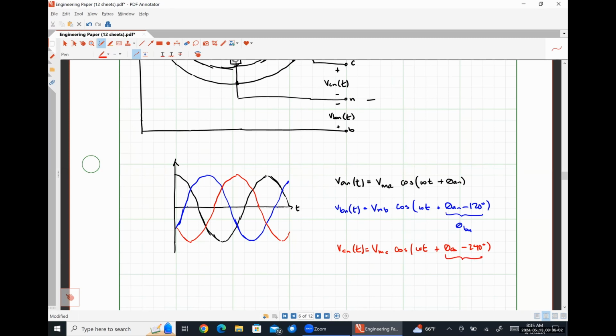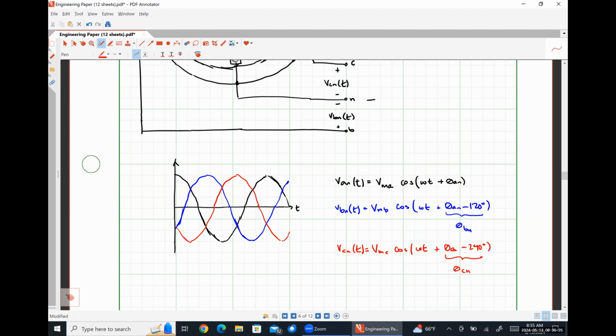And this total phase angle here would be commonly referred to as theta CN. So the B phase is lagging the A phase by exactly 120 degrees. The C phase is lagging the B phase by exactly 120 degrees, and the A phase by exactly 240 degrees, all because of how